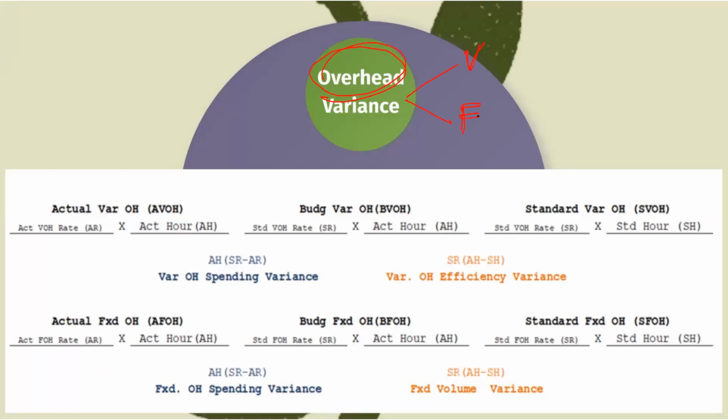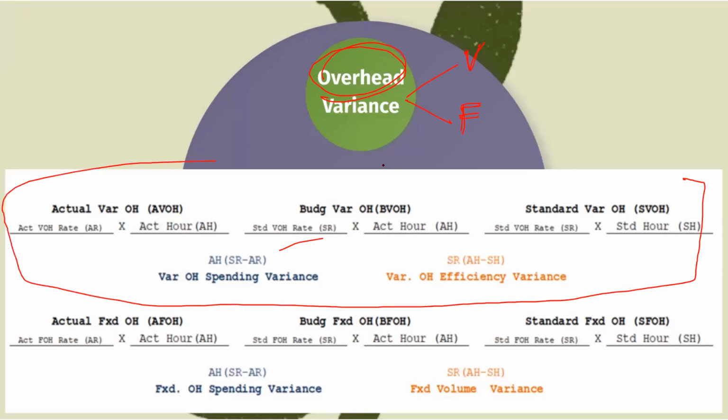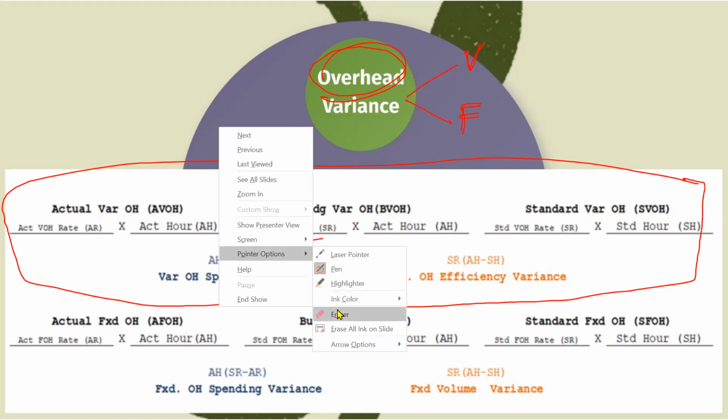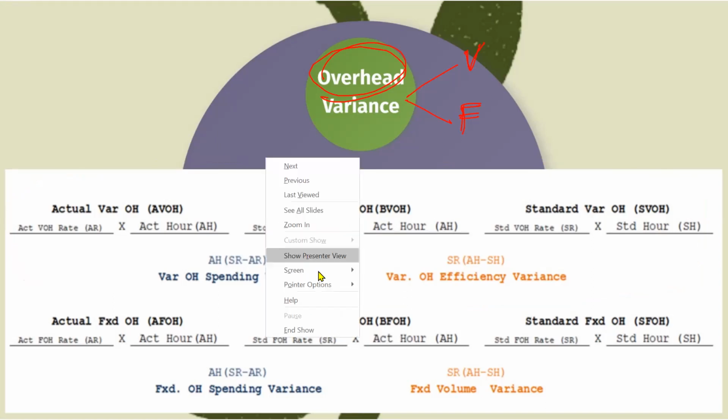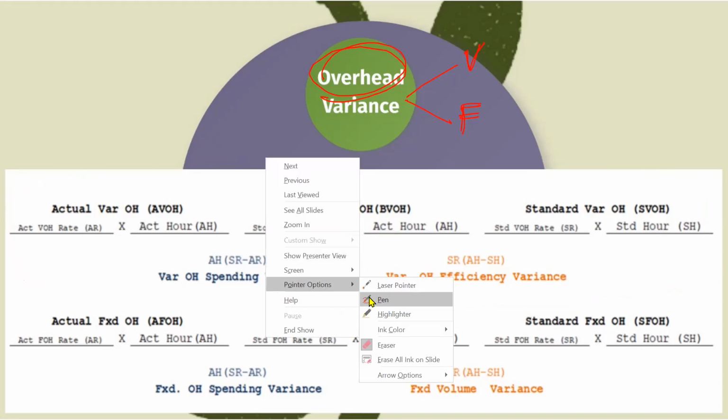That is why when you are doing your overhead variance, you also have your variable component, which is these ones, and your fixed component, which is the one below. Please take note of that, and let me erase that so that our writings would be presentable. Now,